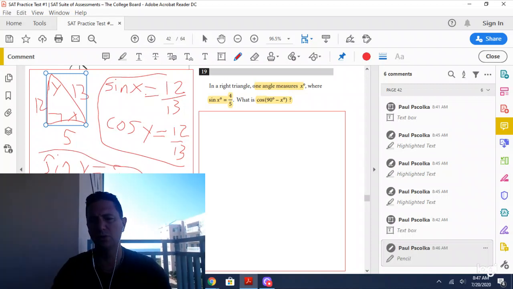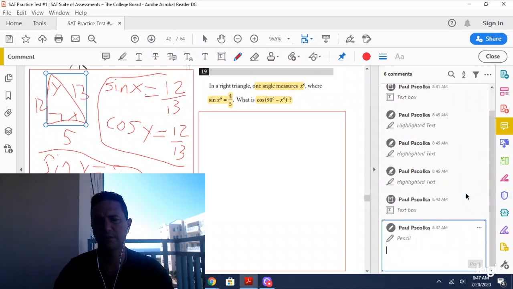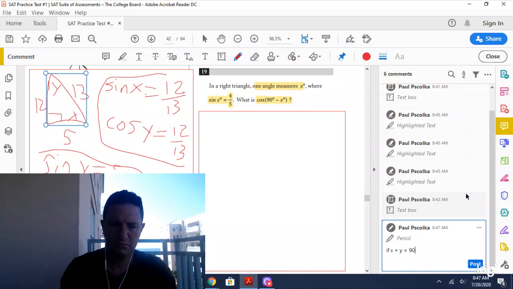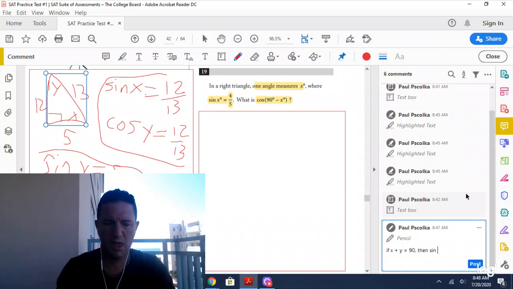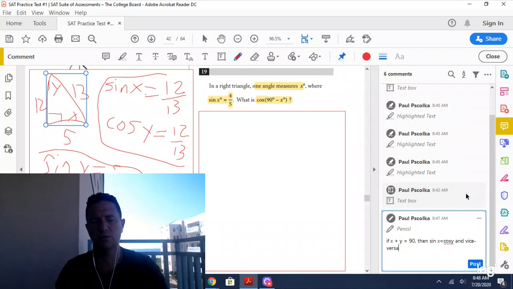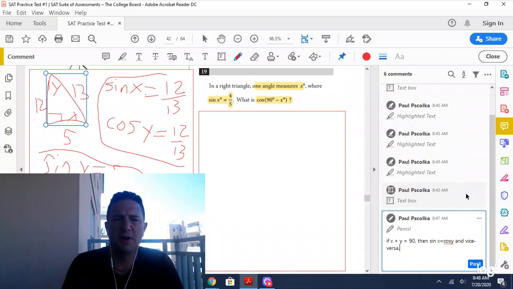So here's your rule, and I'm going to type it in the bottom right of your screen, which is: if x plus y equals 90, then sine x equals cosine y, and vice versa. It goes the other way around as well. Okay, so there you have it. Now, if we were to look at this problem in particular,